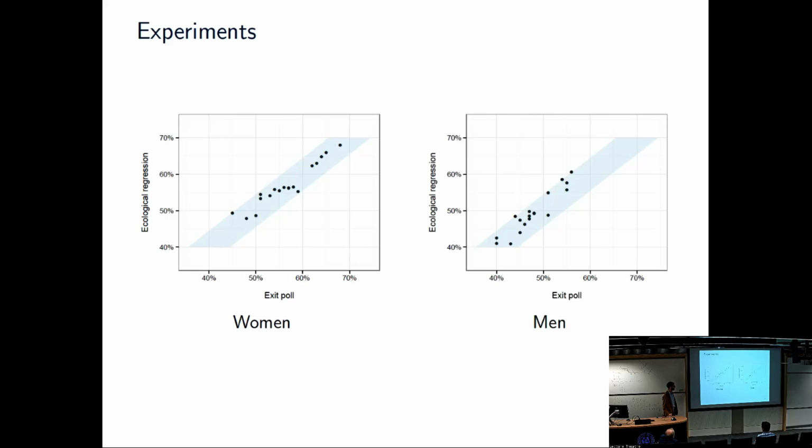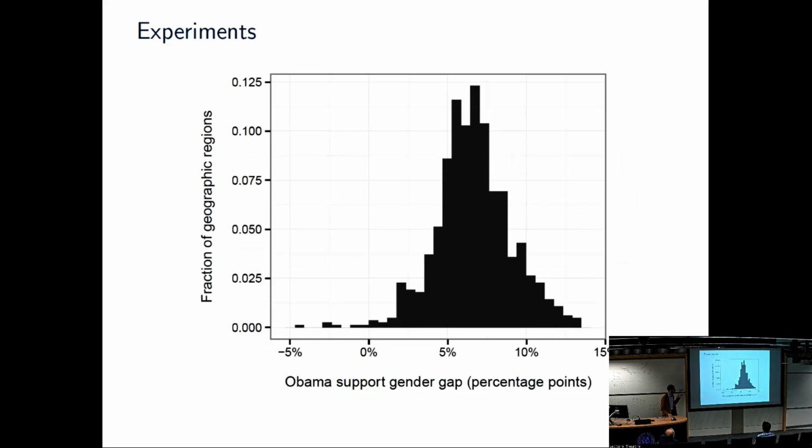You can see that women supported Obama more than men. And you can see that here. So we have the 843 districts. In each one, we have a prediction for men and a prediction for women. And then this is the gender gap, meaning women minus men. There are places where, at least according to our model, it's the other way around. But they're very rare, and maybe they're very weird, or maybe we shouldn't believe that prediction. But overall, I think it's very sensible. And this matches the national. We always check against the national one, which you would hope you'd be able to recreate. And this does match the national gender gap very well.